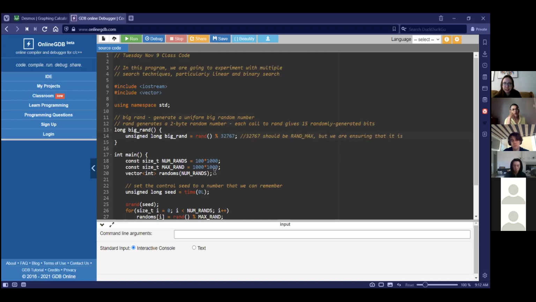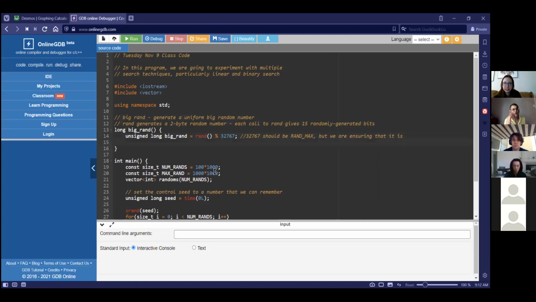All right, now what we want to do is say that the big random is going to be our big random times 32767 plus rand. On the next line, where you have the cursor. Yeah, right there is fine. It's much smaller this way. Big rand equals big rand times 32767 plus